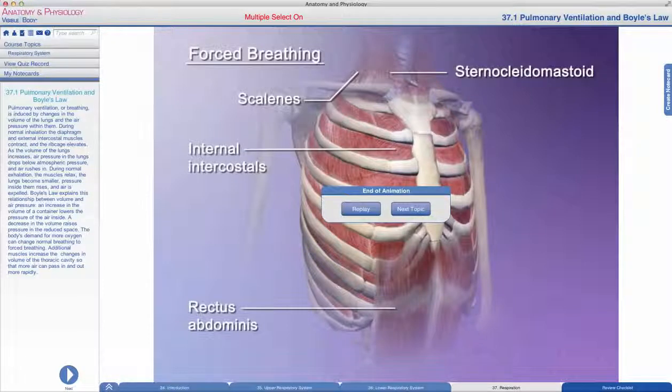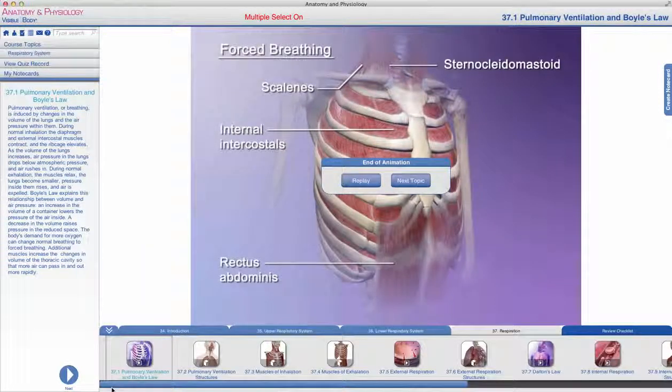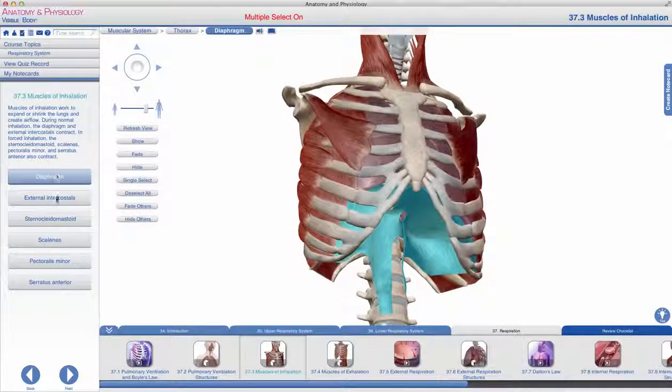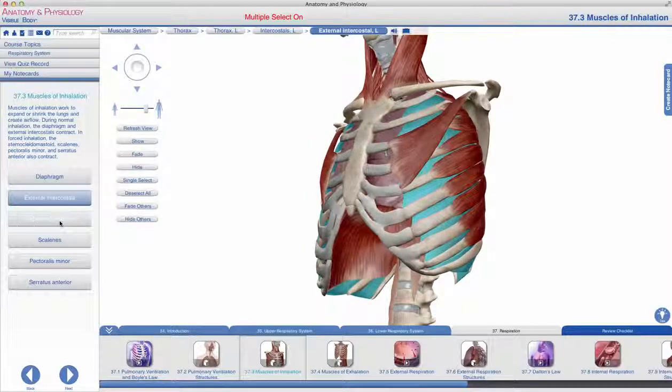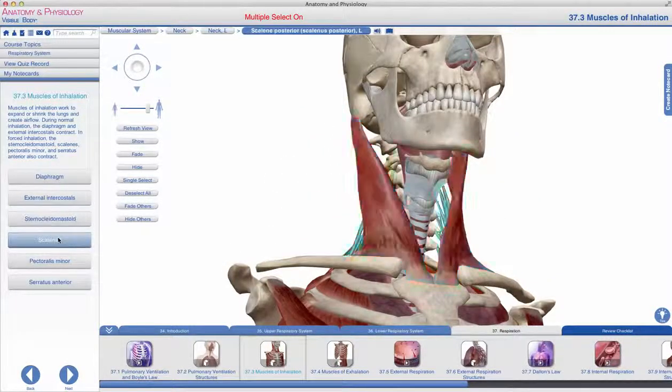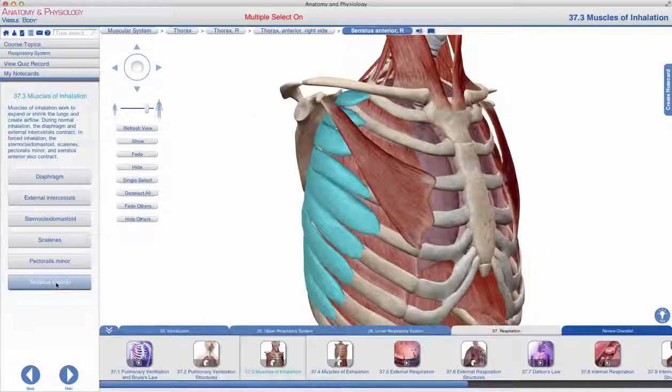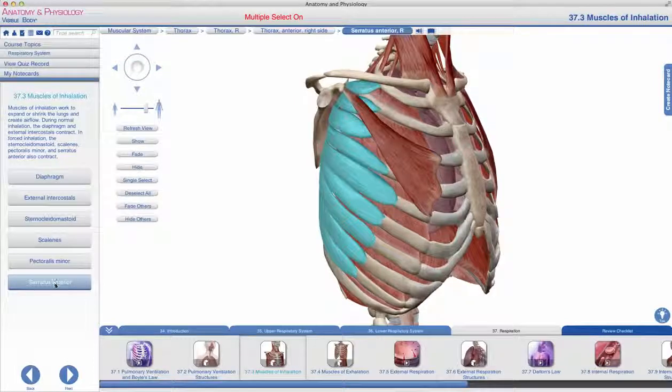This concept of an inverse relationship between your thoracic volume and thoracic pressure is, as you can see, what drives inhalation and exhalation. Now, it's important to review those muscles that we've discussed in earlier sections through Anatomy and Physiology. And you can review here using this tab that those muscles associated with inhalation include the diaphragm, the external intercostals, the sternocleidomastoid, the scalenes group, the pectoralis minor, and the serratus anterior,